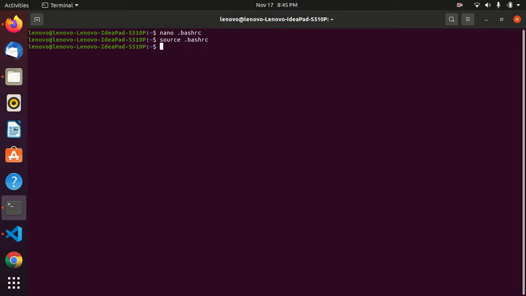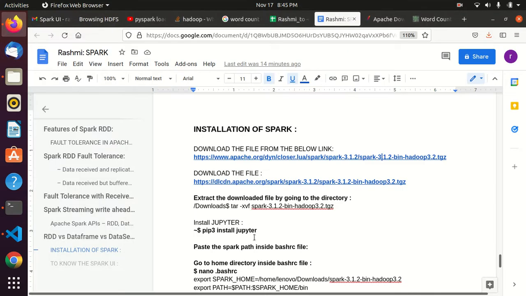we have to also install the Jupyter notebook because we are using that. So we will use pip3 install jupyter in the terminal itself. So pip3 install jupyter, then it will get installed.